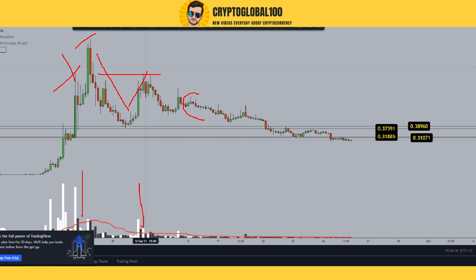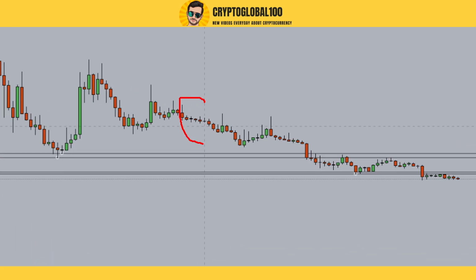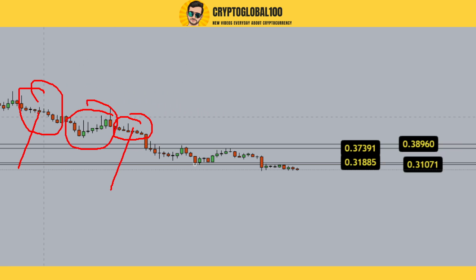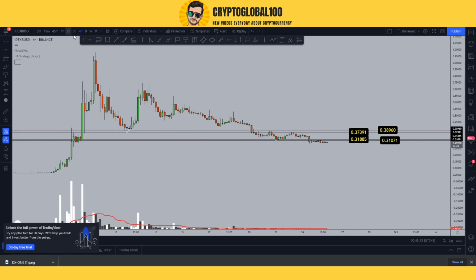Just try to look at the size of the candles. The size of the candles is very small. Small candles, again continuing. You can see the small candles with a small size. And if I turn on the ATR for now, let me show you the ATR.